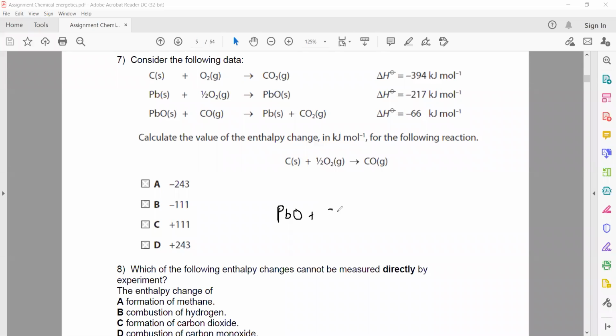So lead oxide plus carbon monoxide, what does it result in? It gives lead plus carbon dioxide. Now, what is the other possibility? If we add a link here,